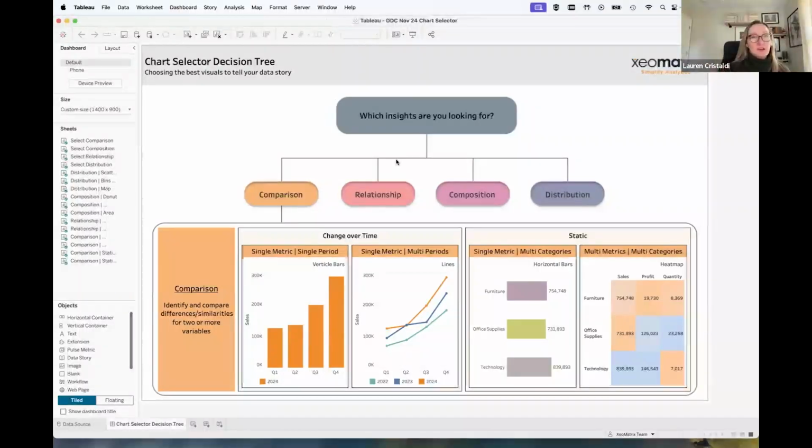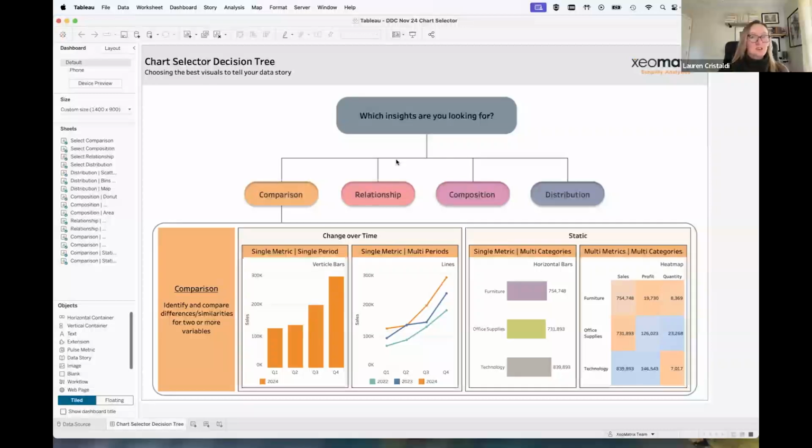Here I've created, and I've seen this on Tableau Public, and maybe you guys have too, a little bit different versions of this, but this kind of consolidated form where you have a chart catalog and you can look through and see what kind of charts are popular right now. I decided to boil it down into these 4 buckets, which are the 4 main analytical types and groups for charts.